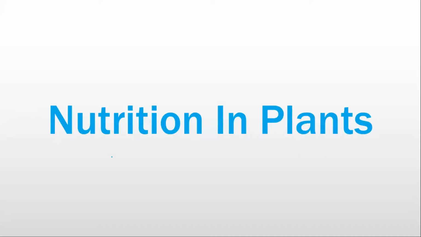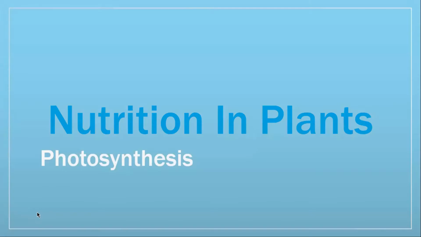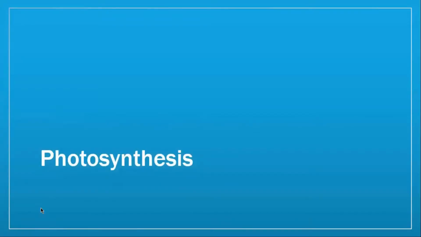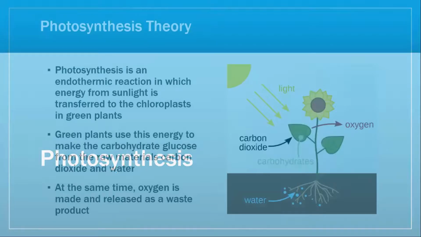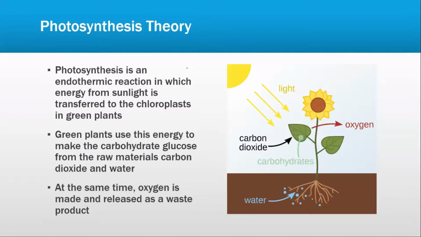So the first part of this chapter, as I told you, is nutrition in plants, and the other one is nutrition in animals. Now we all know how plants take in food. How do they basically make their own food? That is done by the process known as photosynthesis. We all know the basics. So what is photosynthesis? Photosynthesis is an endothermic reaction in which energy from sunlight is transferred to the chloroplasts